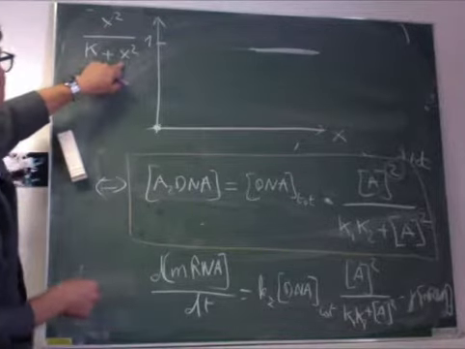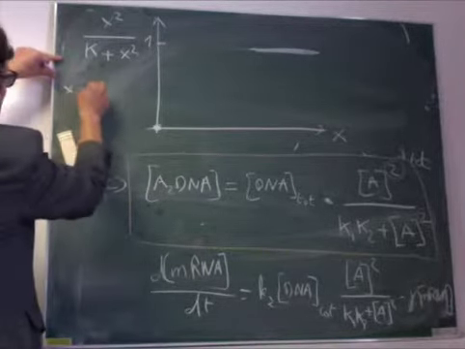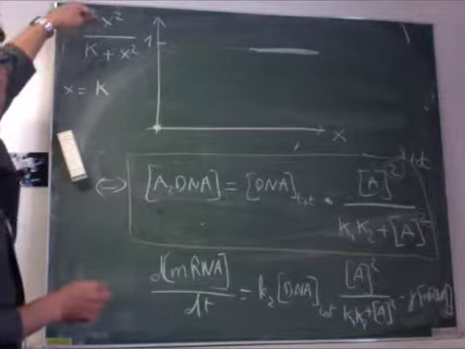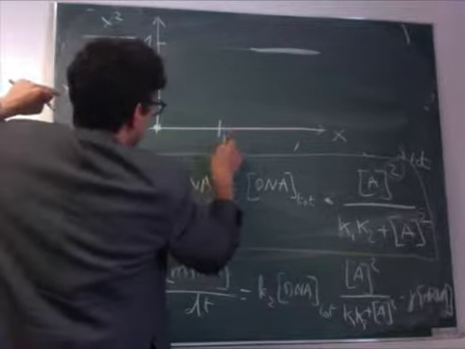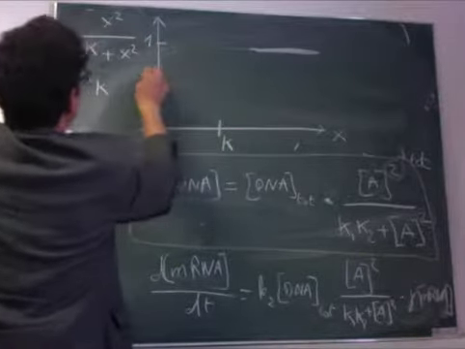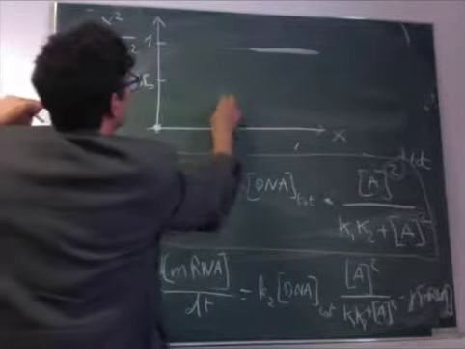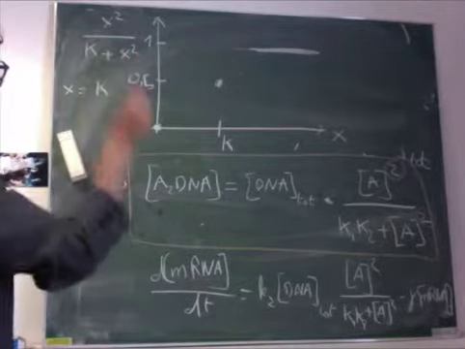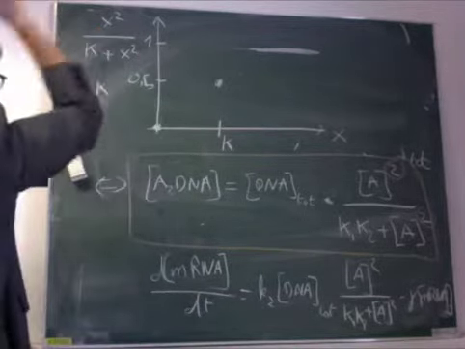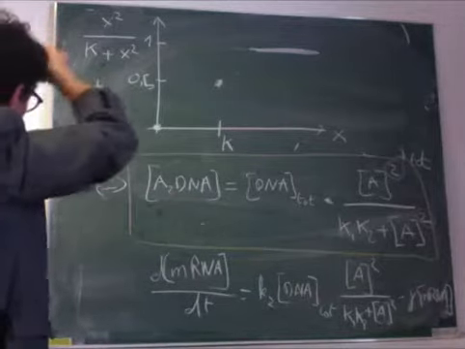For x equal k, we have k squared over 2k squared, so the value is 1/2. And in between, for x small,